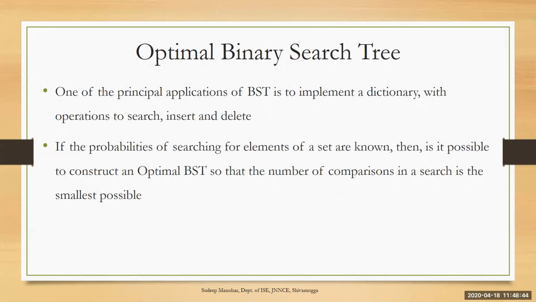It will try to change the architecture structure of the tree itself, so that the link that is in the fifth level will come towards the top of the tree. When it comes towards the top of the tree, the number of comparisons that are done will be reduced, and the search results will be given faster. So that is one of the applications of binary search tree. So this optimal binary search tree, we are going to consider in this dynamic programming example.